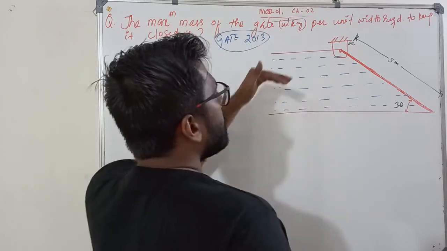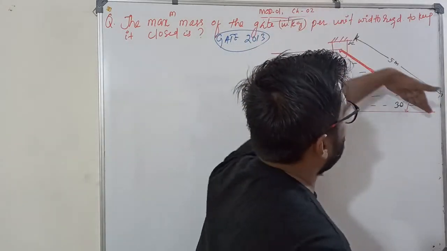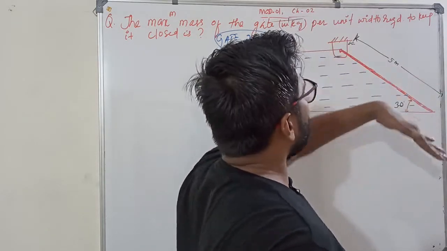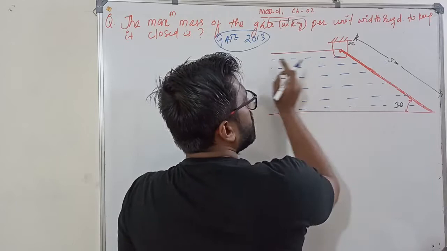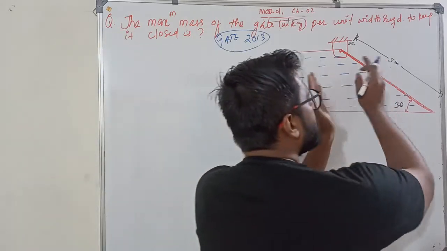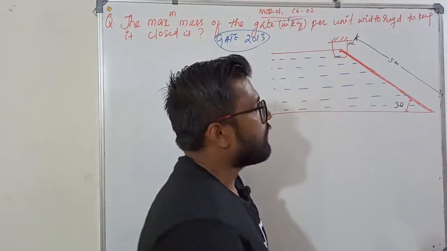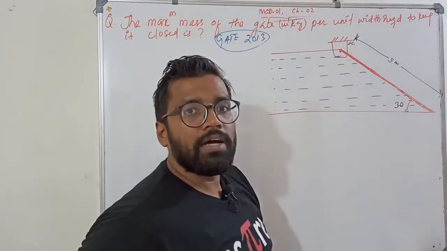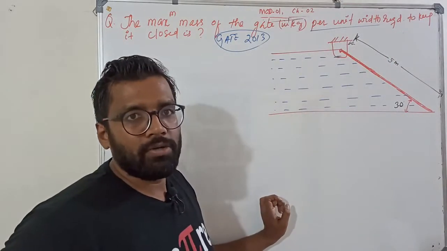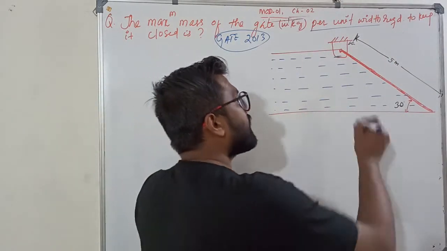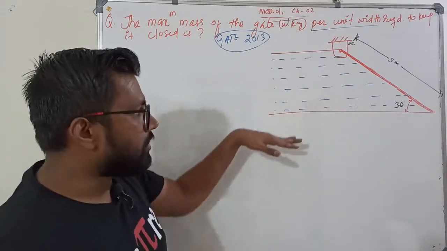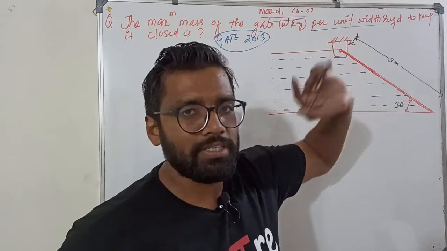What they asked is, there is a gate, not the exam GATE, actually a gate. This gate is being supported by some water. On the left hand side of the gate you have water, which means water is exerting pressure on the gate. The length of the gate is 5 meter and the width is 1 meter because it's given per unit width. This gate is making an angle of 30 degree to the horizontal, that's what they have given in the question.